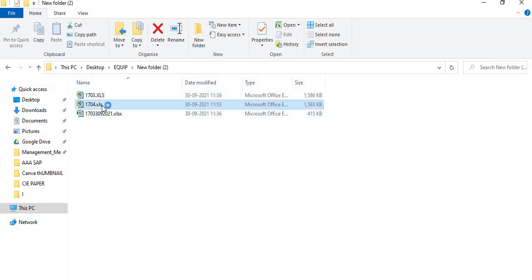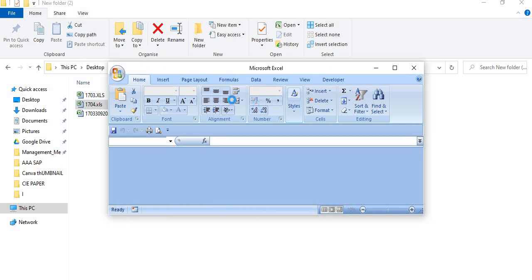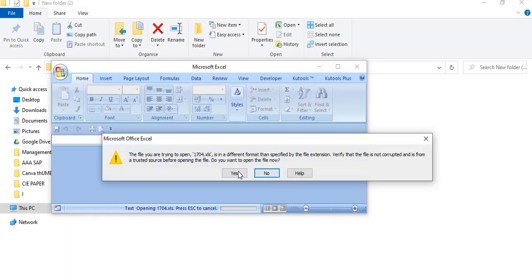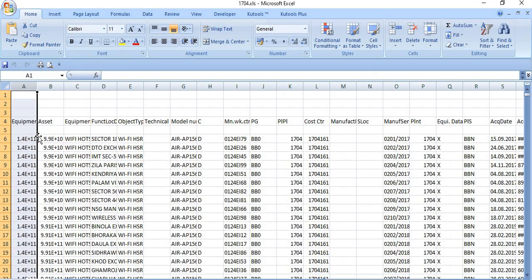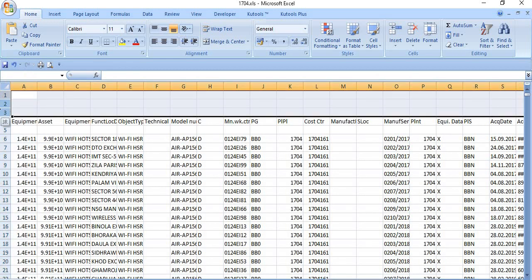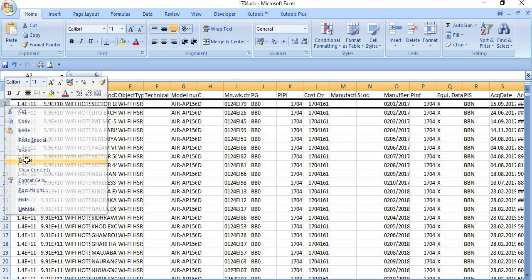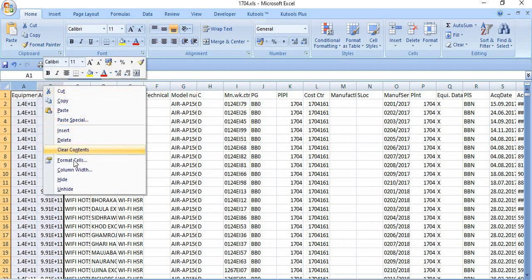This is the Excel data. You need to delete unwanted rows and columns.